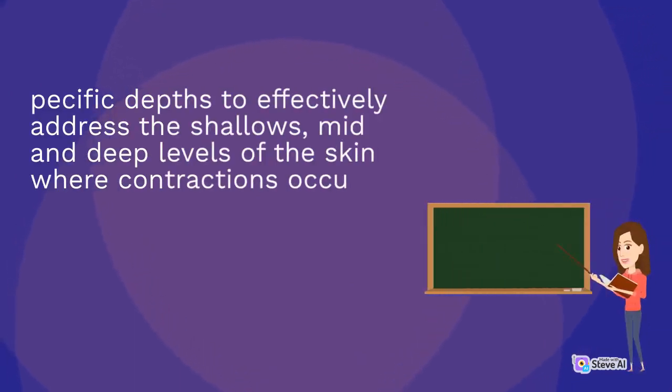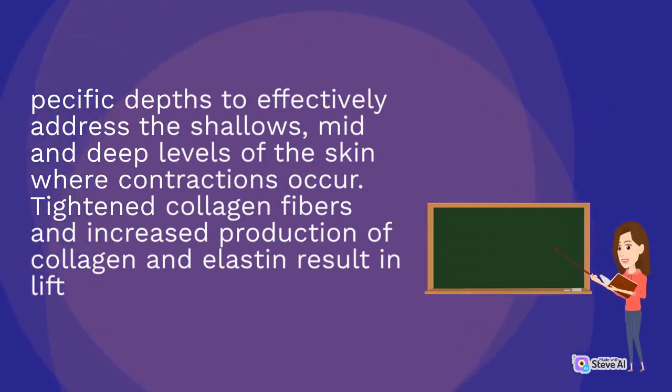specific depths to effectively address the shallow, mid and deep levels of the skin where contractions occur. Tightened collagen fibers and increased production of collagen and elastin result in lift